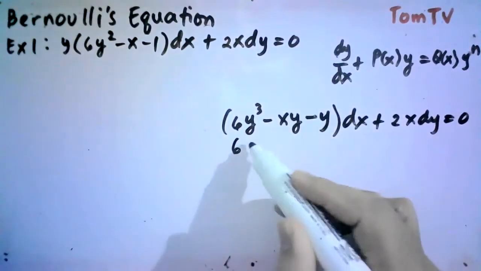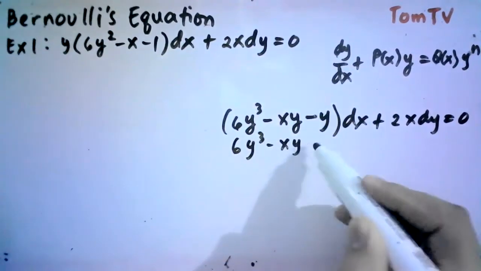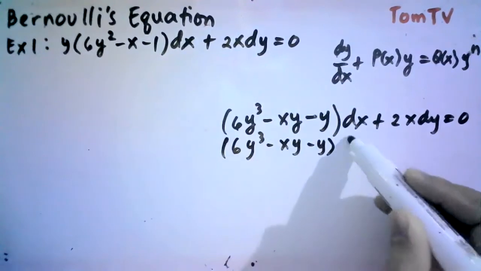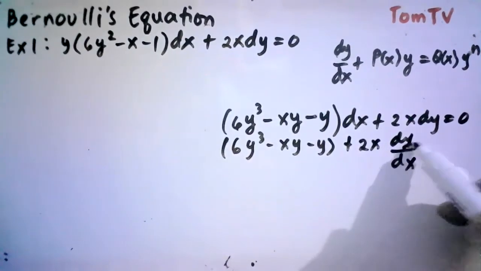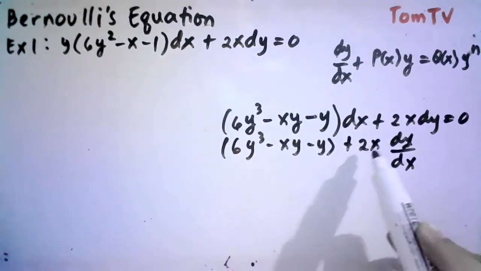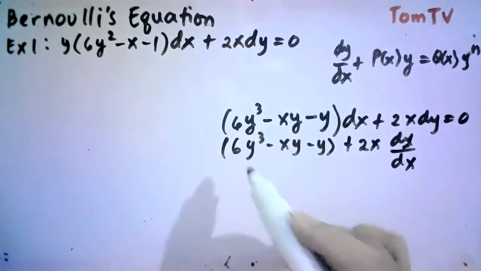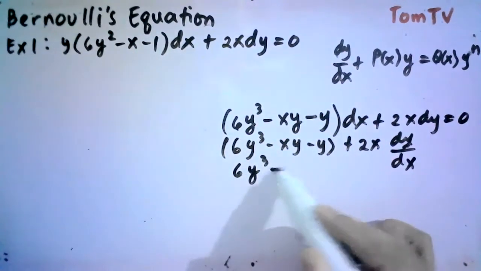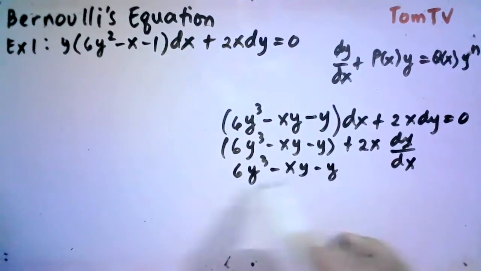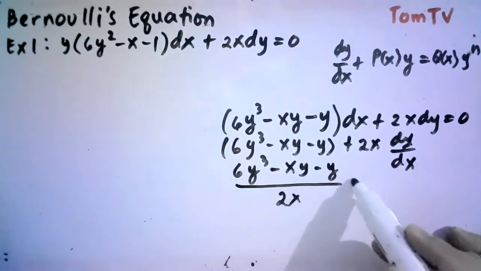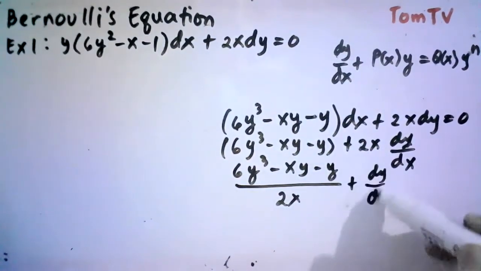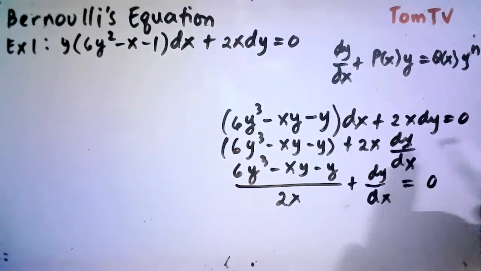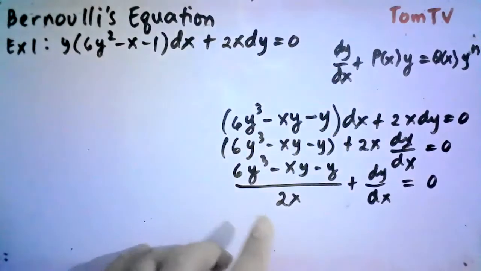Okay, so we have here 6y cubed minus xy minus y, plus 2x dy over dx. I will transfer 2x to this group, so that you will have (6y cubed minus xy minus y) all over 2x, plus dy over dx, that is equivalent to 0. And so, if we combine this one,